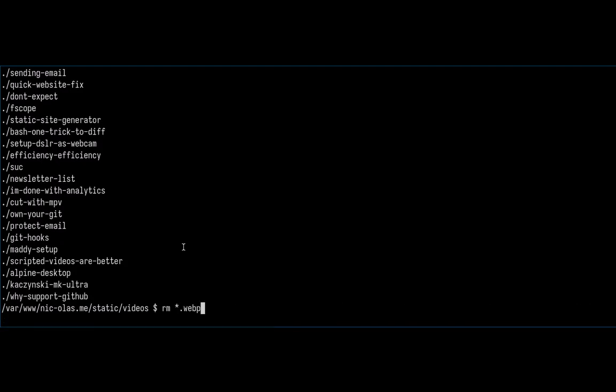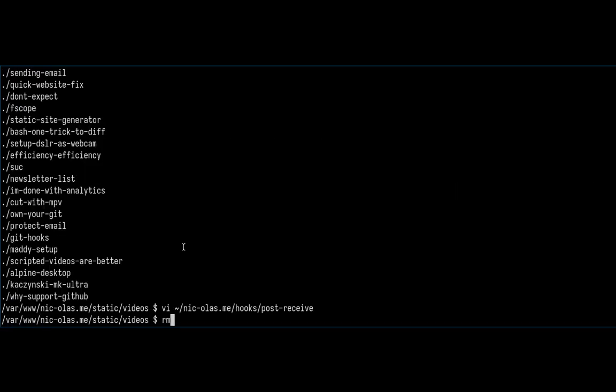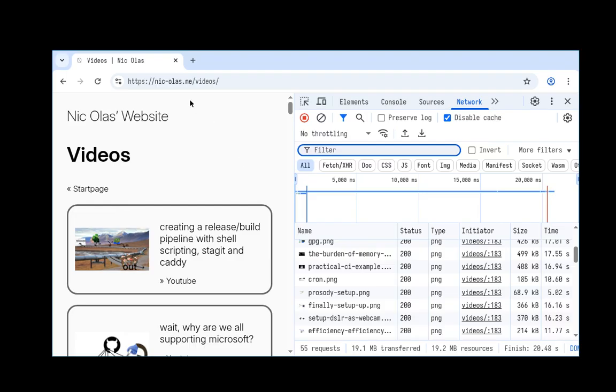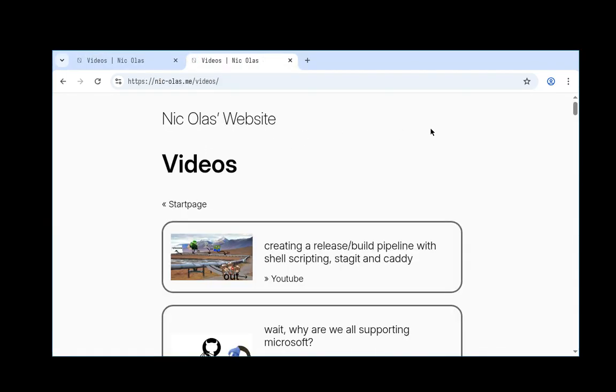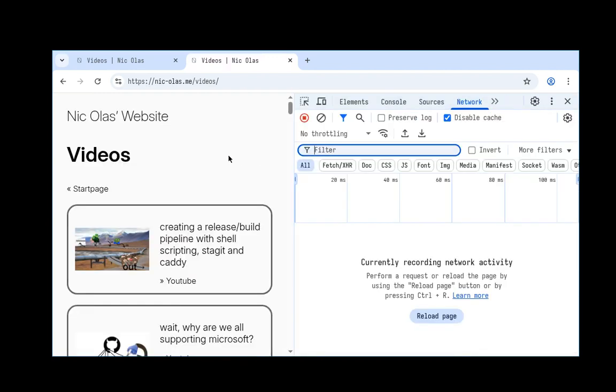So let's, where is it? Here. So quality, and we want to do q. All right, but yeah, as I saw, the Git hook works fine. And if we now hard reload this page, or let's duplicate it and open the DevTools again, F12, and now hard reload this,